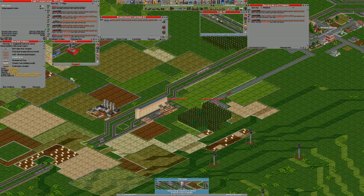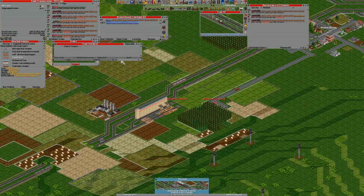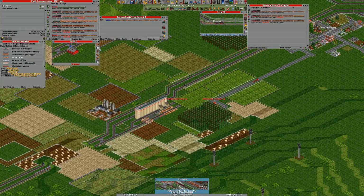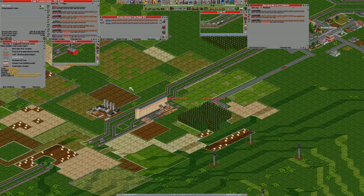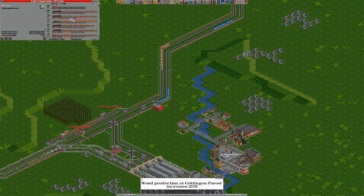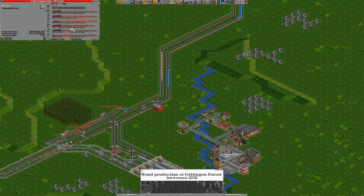So if you could refit to livestock, and then you can copy, and then we don't want you going to the depot. We just want you servicing, and we'll clone, and we'll send 2 of them forward. So we'll just ignore the grain loading infrastructure there. We don't need that. That's just there for show. And you guys should figure out what you're doing momentarily. Good. So that should have killed...